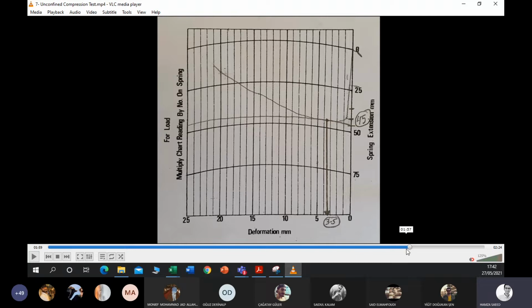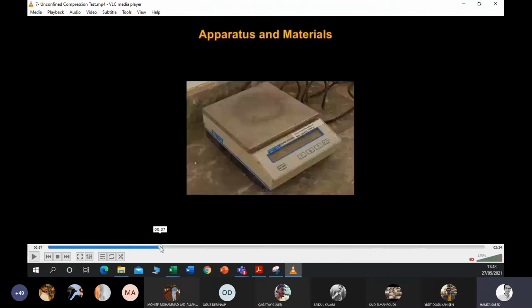Another important thing is why we were measuring the length and the area of the specimen, and the diameter of the specimen, because the density of the specimen plays an important role in this case. So from there you can obtain the shear strength parameter, which I'm going to discuss in detail, how to calculate the undrained cohesion. As you observe, this is only applicable for cohesive soils, and we will only be able to obtain the undrained cohesion as a shear strength parameter.